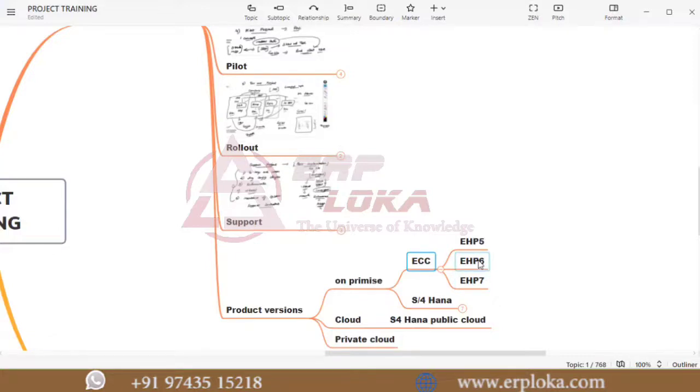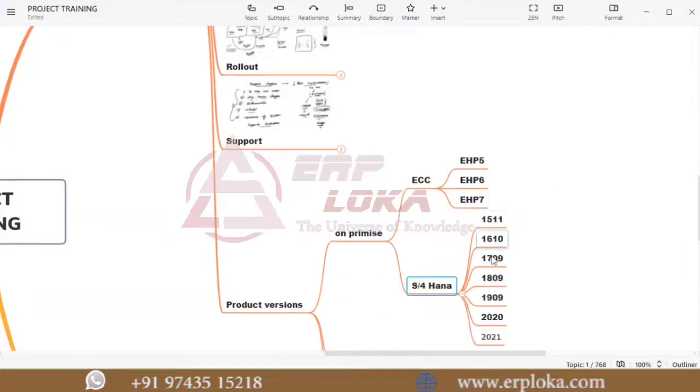So as soon as SAP brought its own database, they created S4 HANA. Under S4 HANA also, you have the versions called 1511, 1610, 1709, 1809, 1909. When you are giving an interview, you may get a question that in which version of S4 HANA did you work? In most of the cases, that depends on what experience you're putting, what is the start date and end date. So if you're putting a start date as 2019, from 2019 you worked on SAP field, mention that you have worked on 1809,